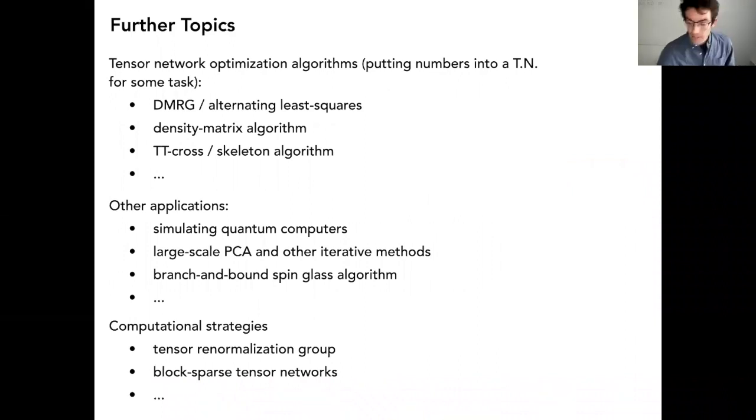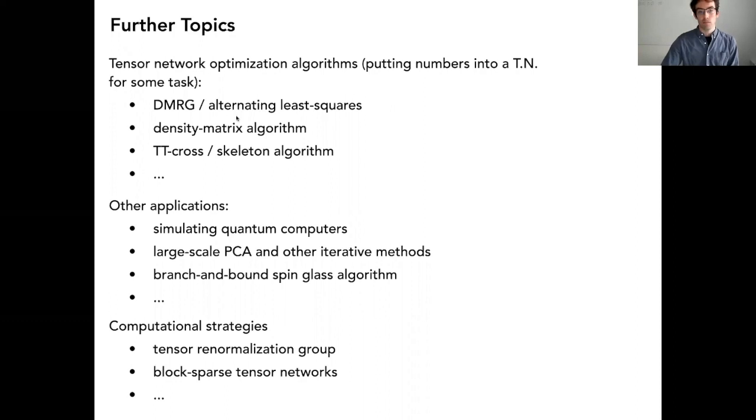So then to conclude, I'm getting into my 5 minutes, there's been some really good questions though. I just wanted to show there's a lot more I could say that we didn't have time for. There's many optimization algorithms. You may have wondered at some point, how do you put the numbers into a tensor network? Like how do they get in there originally? There's many cases where the numbers can be put in by hand to represent interesting StatMech models, like say a spin glass. You can just put them in by hand. Those of you who know about graphical models would understand that one.